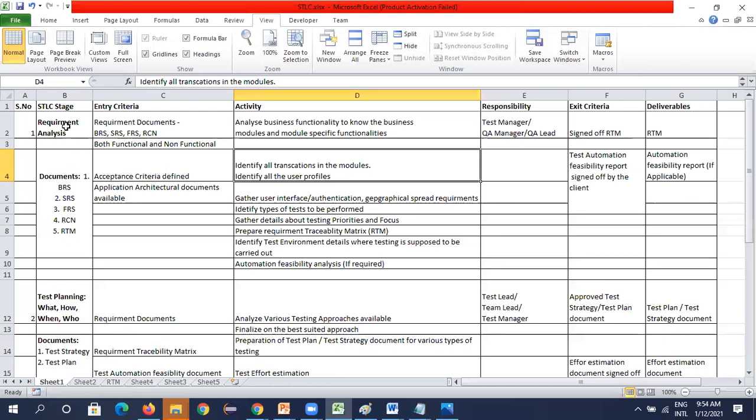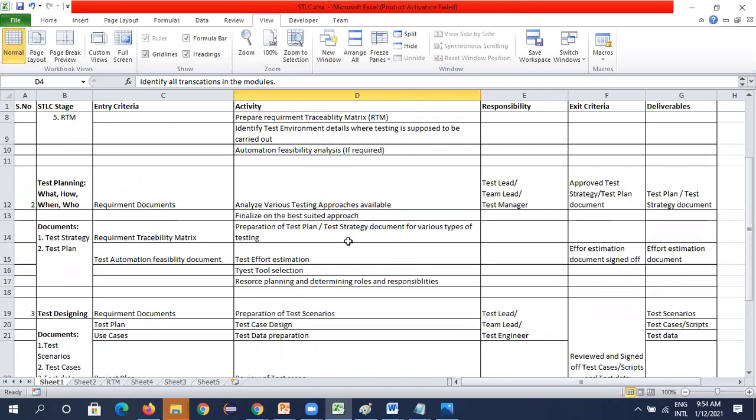So when you want to explain requirement analysis, divide the meaning of requirement and analysis. What does requirement mean and what does analysis mean? You add those two things, and that is the activity you do. Entry criteria means input, exit criteria means output, and deliverables means what we get after the output, what we prepare. Try to explain in your own terminology. Don't try to memorize this document. And I'm asking you to write on paper in your own terminology because it will be easier for you to remember and understand.